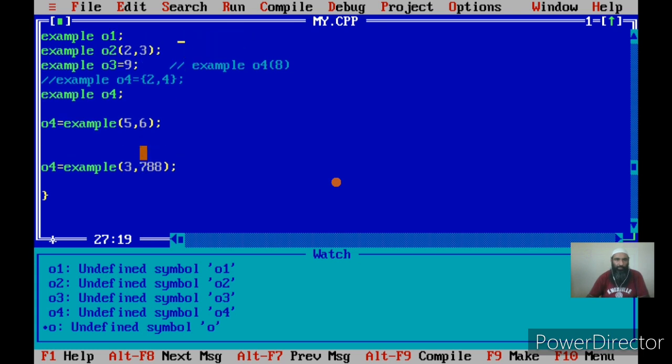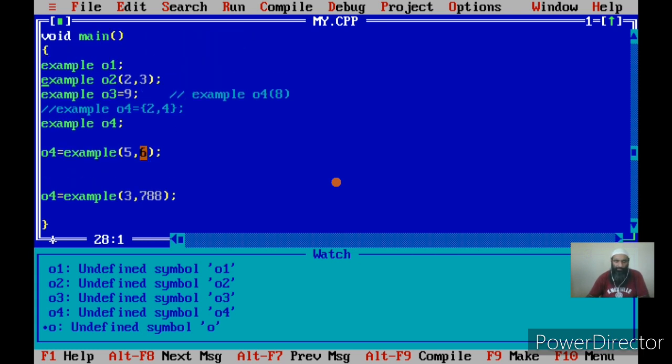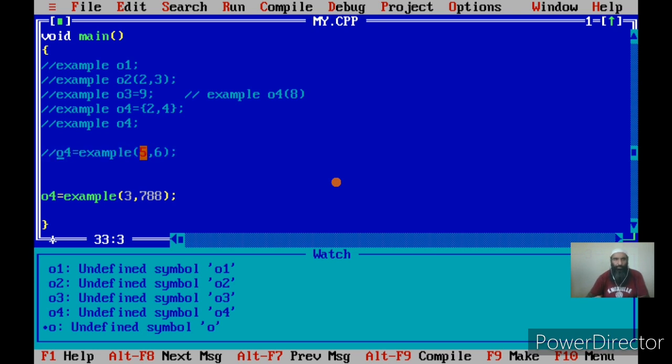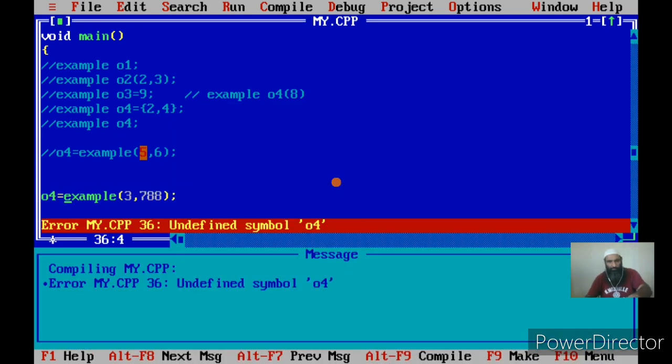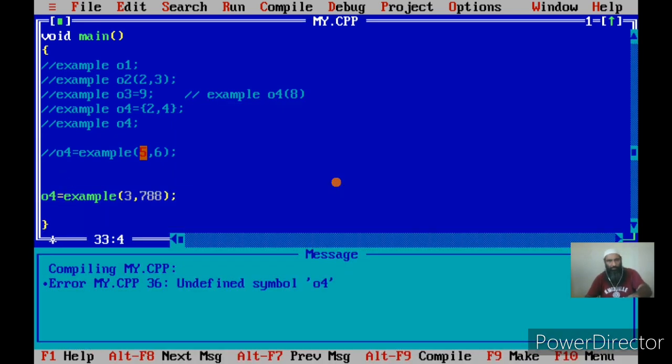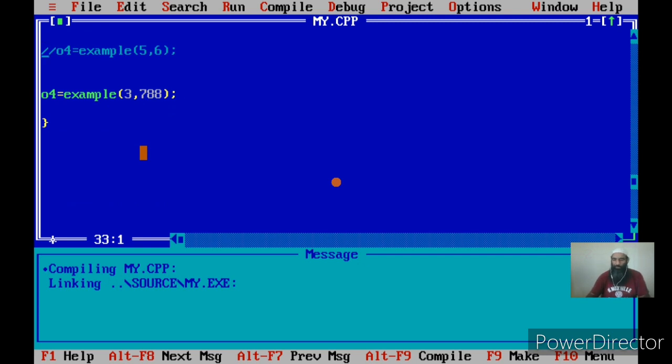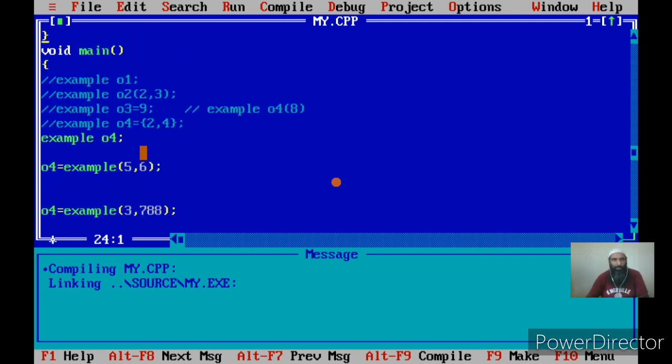Let me put these calls in the comments because we have already understood them. I have commented O4 also, so I have to uncomment this statement. Now let me show you how this will work.